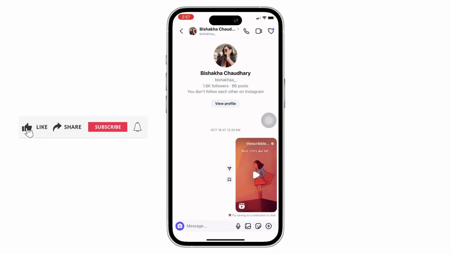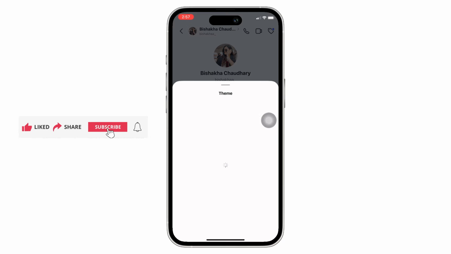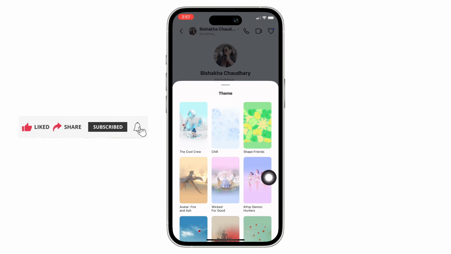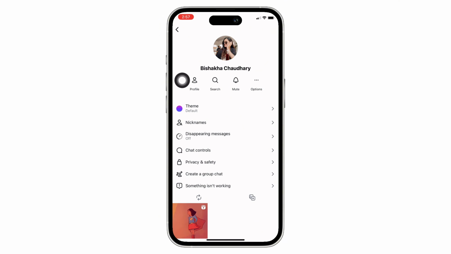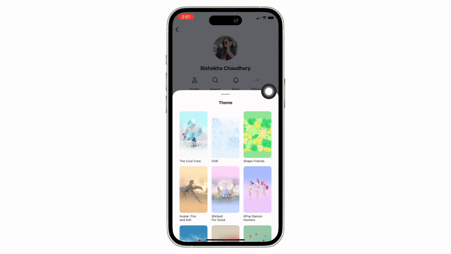Further, tap and hold on the screen and you will be led to the theme tab. Just in case you are not led to the theme tab, then tap on their profile name on top of their screen. Further, you will see the option for theme there, so tap on the theme option and in